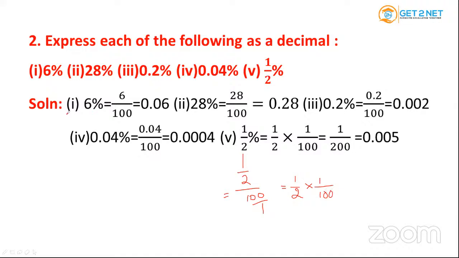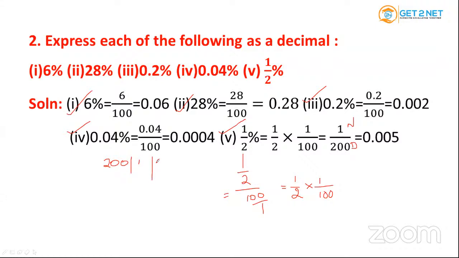सो ये रहा आपका 6% का वैल्यू, ये हो गया आपका 28 का वैल्यू, ये हो गया आपका 0.2 का वैल्यू, 0.04 का वैल्यू एंड 5। क्लियर? और किसी को डाउट है तो प्लीज आस्क। मैम 0.005 कैसा, मैं कर नहीं पा रही हूँ। डिवाइड करो। ओके फाइन। कौन बाहर रहेगा कौन अंदर रहेगा? विच विल बी माई डिवाइजर एंड विच विल बी माई डिविडेंड? मैम 200 अंदर रहेगा, 1 बाहर रहेगा। दिस इज न्यूमरेटर, दिस इज डिनोमिनेटर। हमेशा न्यूमरेटर अंदर रहता है।